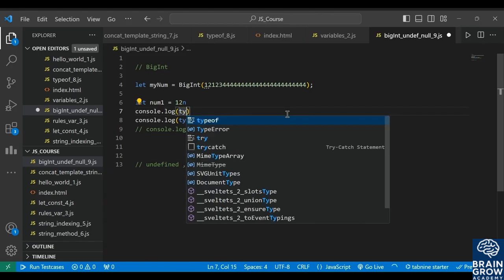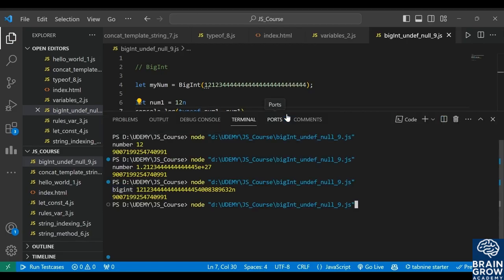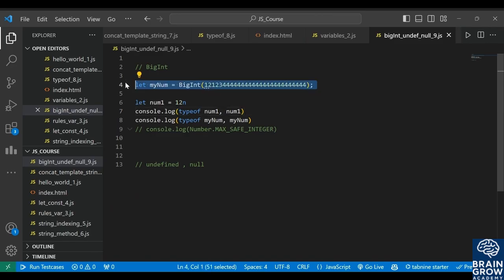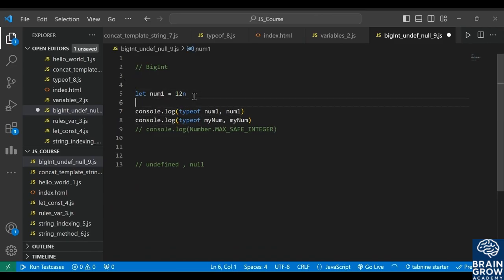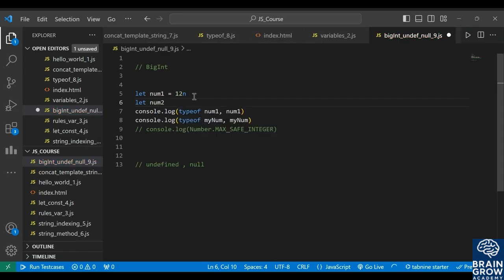Let's console typeof num1, then num1. So you can see BigInt 12n, and if you add both BigInts, it is also working correctly, like 24,